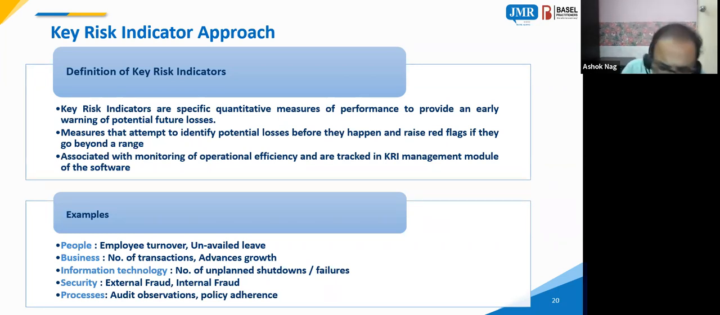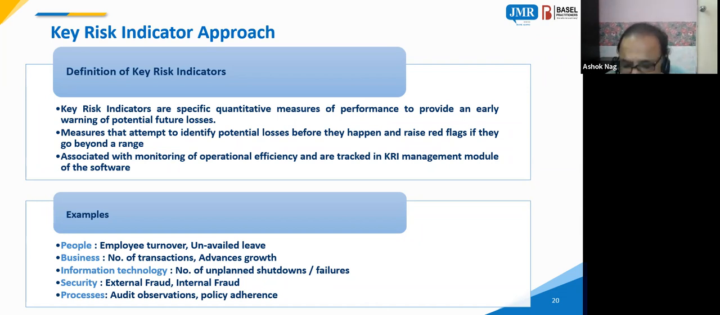It is mandatory for them. These are the practices that have emerged because of this kind of experience. So a key risk indicator can be created. One key risk indicator we created for a bank in India is a key risk indicator which is